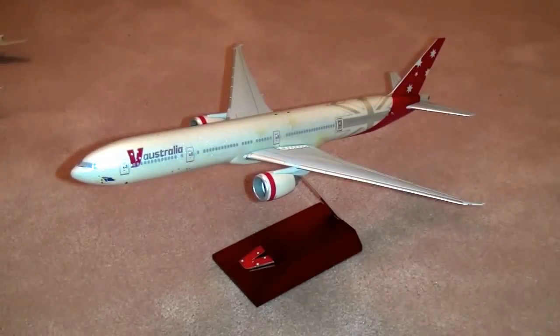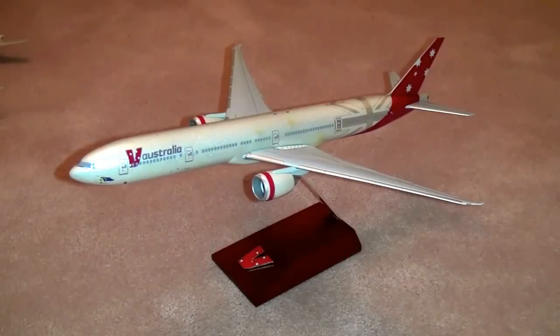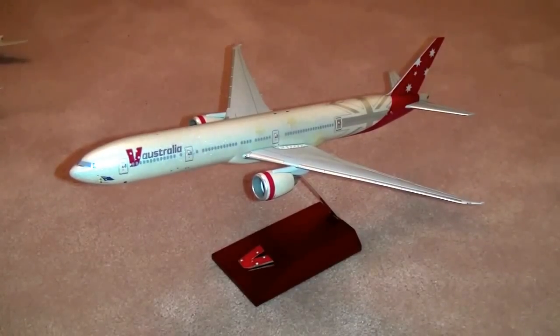As I mentioned, this was a very rare model. There was only 300 ever made, and they never saw public release. Only given to employees of Boeing, and also to the flight crew that went and picked up the plane during its delivery ceremony. And I'll put a link up to the captain's website, where he actually does a lot of